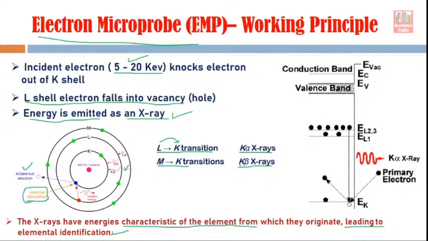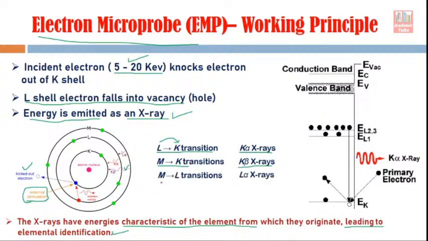Again you see K is here because K is the lower orbit to which the transition has occurred. So this is the destination of the electron. Here also the destination was K shell, so that's why it was K alpha. Here also the destination is K, so K is there in the name, but beta is there because now this transition is not from L to K, it is from M to K.